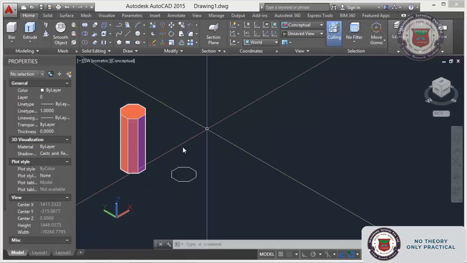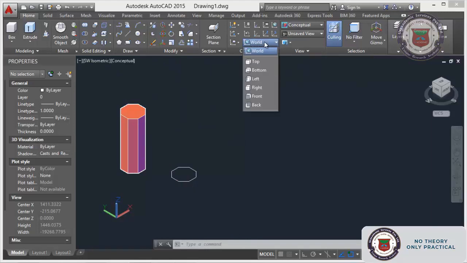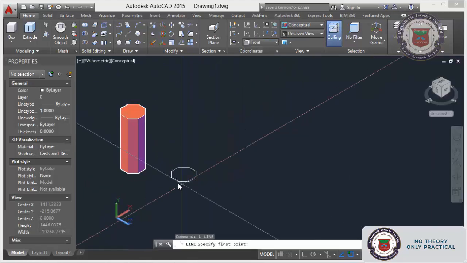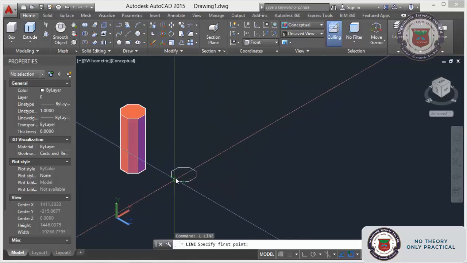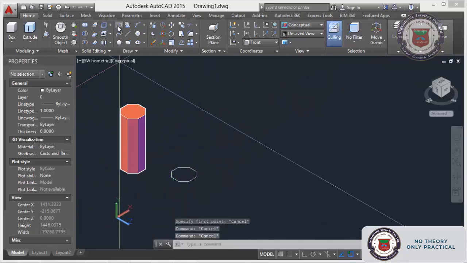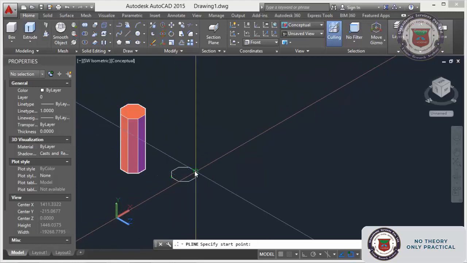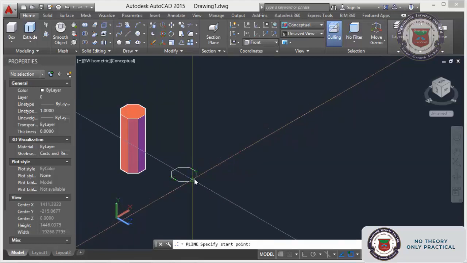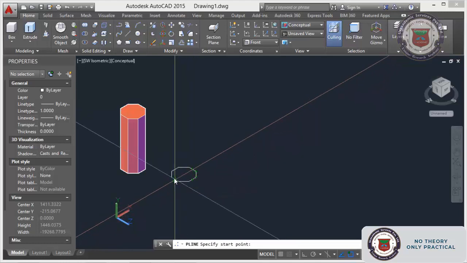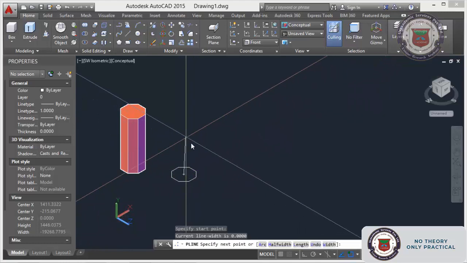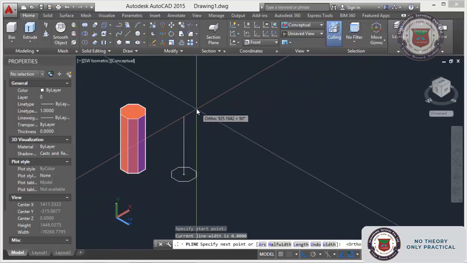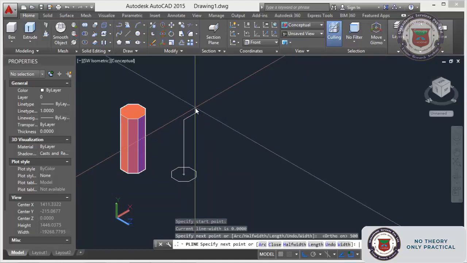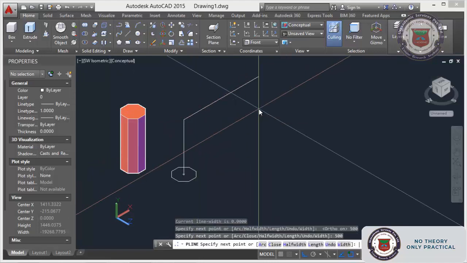To create the path I will use the front view. Just select polyline, I will select the center, F8, give 500, and again on this side 500.